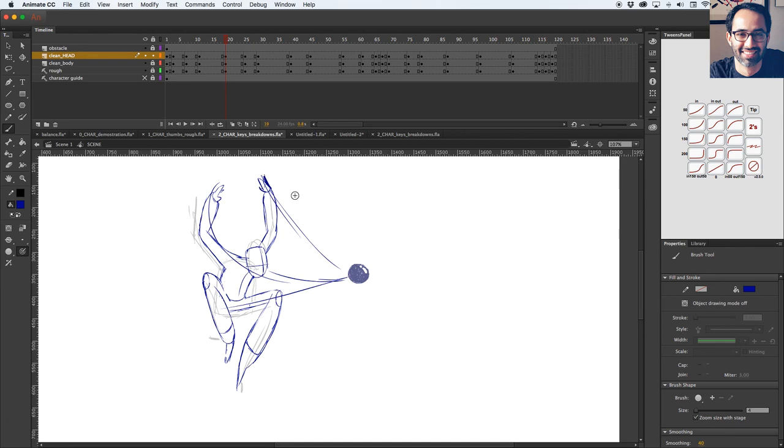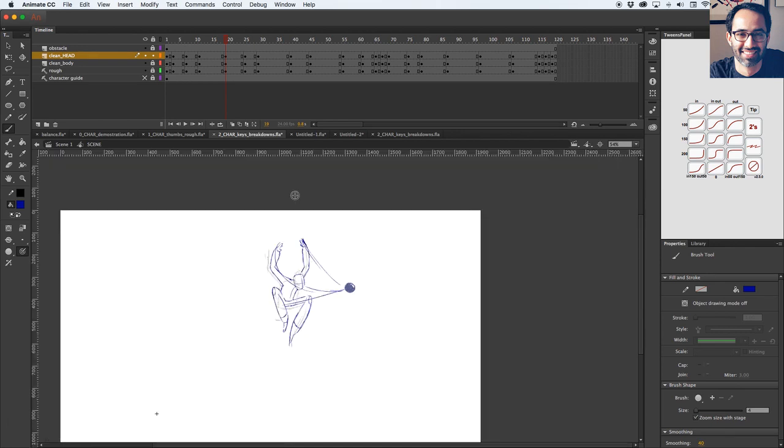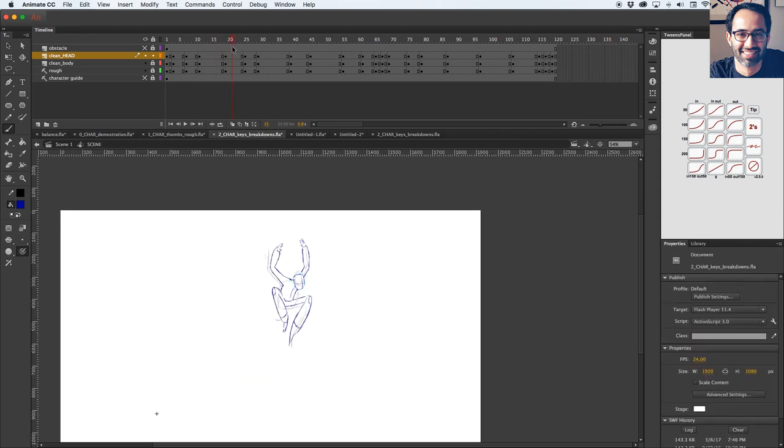Maybe the hand could be a bit more here. But yeah, that idea with the line. So in this pose, the character is already connected to the object in a way, to the obstacle. So yeah,